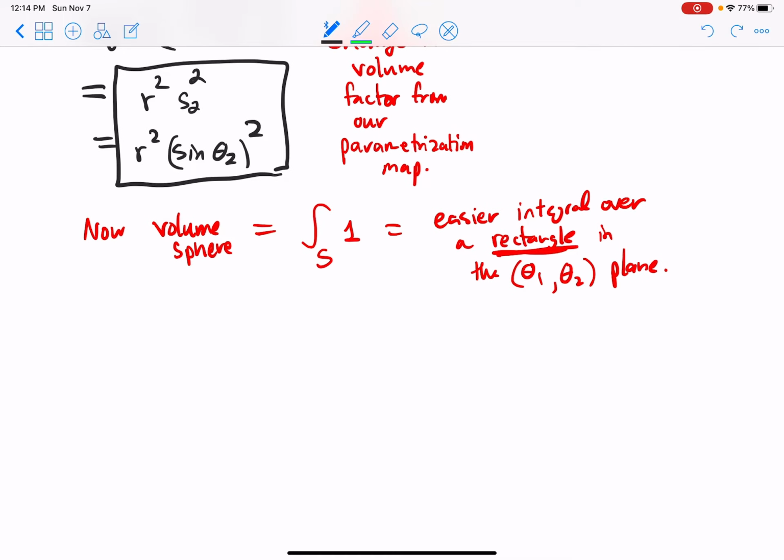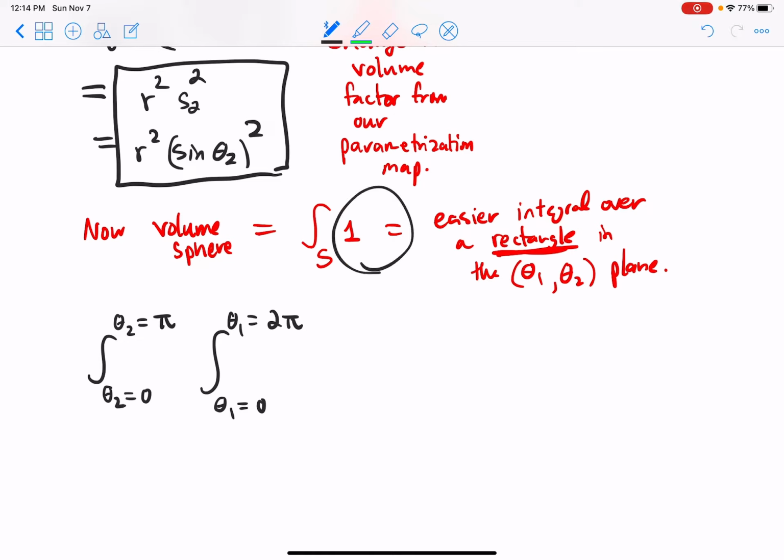So great. So then we just do theta 2 from 0 to pi, and then theta 1 from 0 to 2 pi of what? Well, the function values are just always 1, regardless of what we put in. So that's really easy. Composing functions, you just still get 1 every time. But we do need this change of volume factor. So let's do r squared